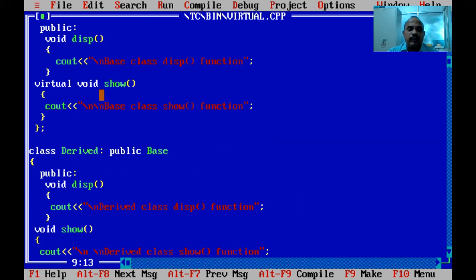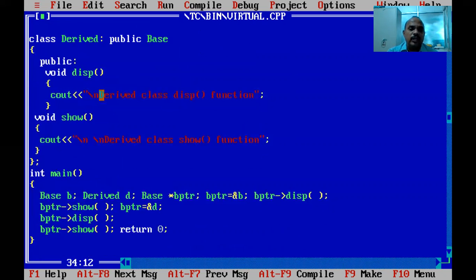So the show function is a general method in this class. Clear all of you? General member function in this class. So then while using the virtual keyword, this is a virtual member function. So here the base class member function name and derived class member function name are the same. Clear all of you? Then the next one is